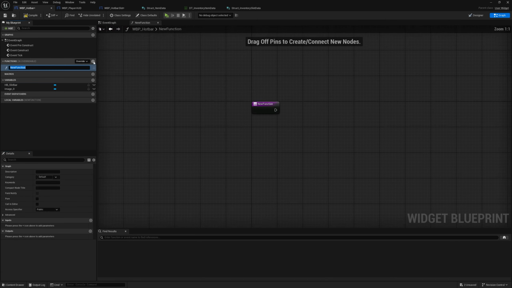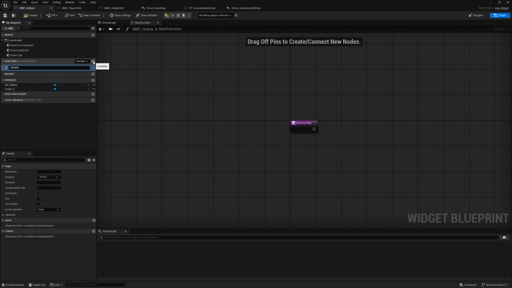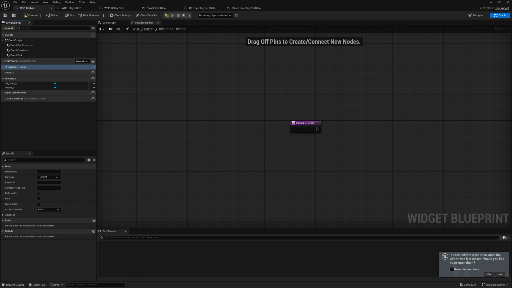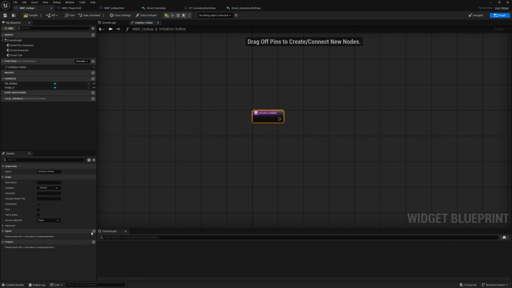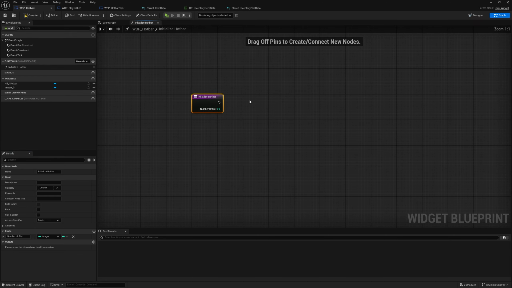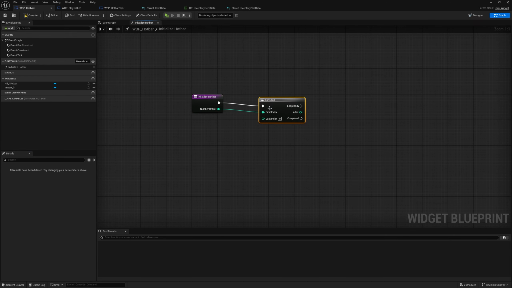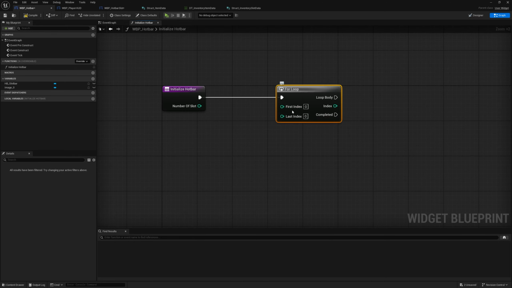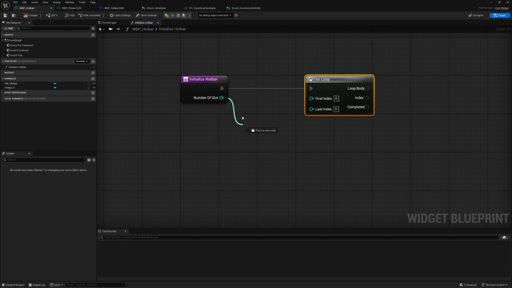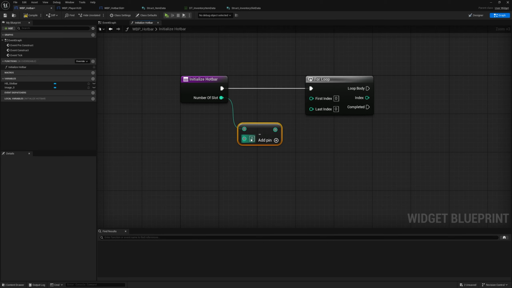Let's make a new function. Initialize hotbar. It's gonna have one input, so it's gonna be quick. So you can just set the type to be integer, and I'll name this number of slot. Alright, make a for loop. Unplug that one, and from this you can subtract it by 1 because index starts from 0, and plug this